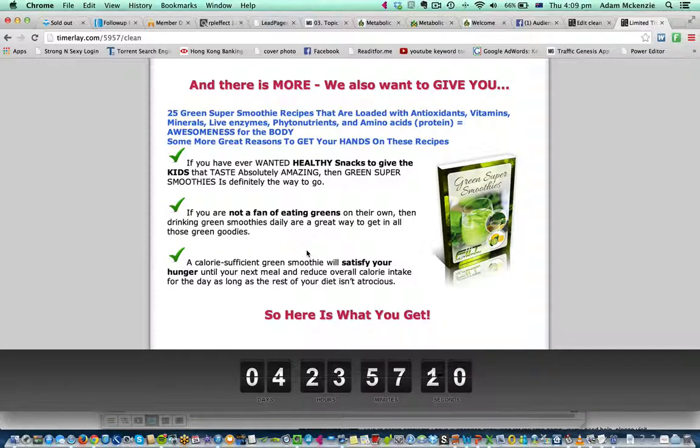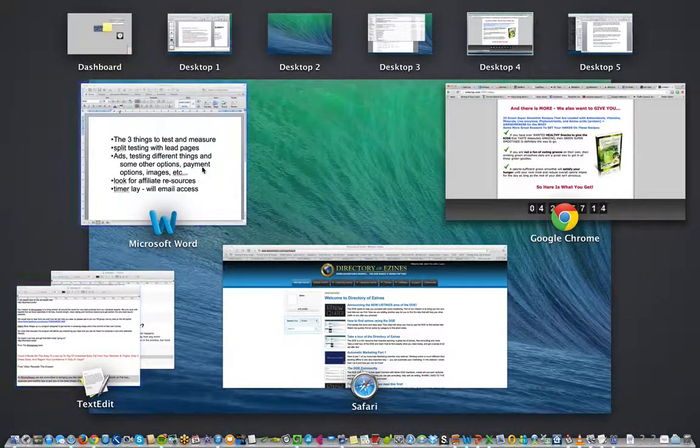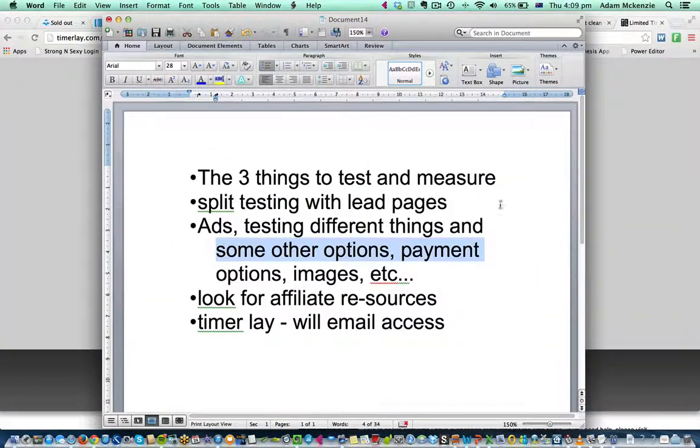All right, I really hope. I know I've covered a fair bit today, but from a technical standpoint, let's just summarize here. We went through the 3 things that we should be testing. We went through how to do some split testing with lead pages. We went through different things that you should be doing to your ads and how to break things down more into individual ads with single changes, like image or target group or country, or some manually bid, some let Facebook optimize your bidding for you. Just literally go into all of these things with your landing pages. Try different headlines, different colors, different types of opt-in pages as well,